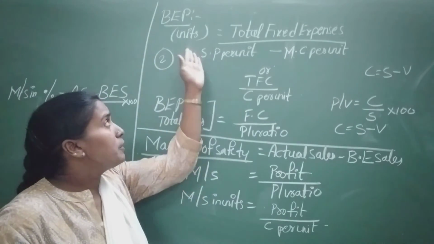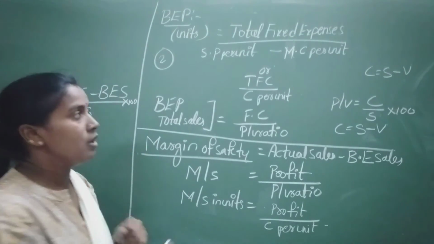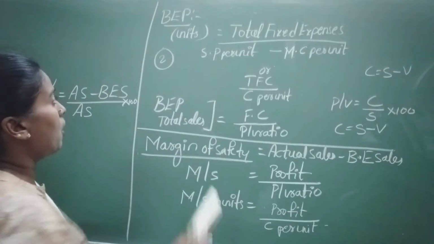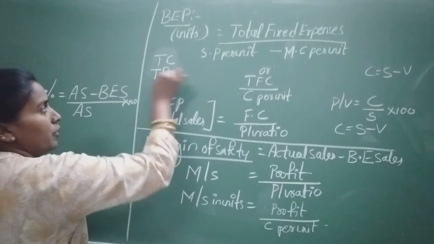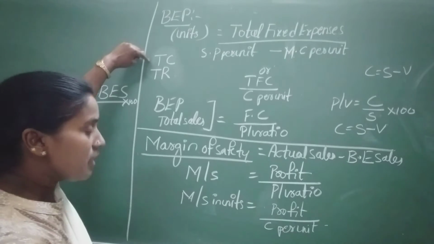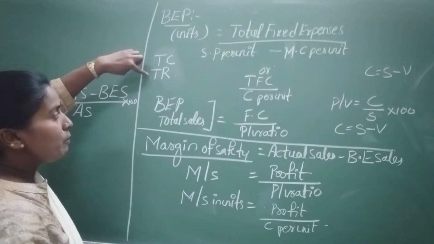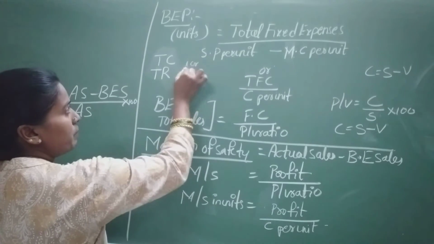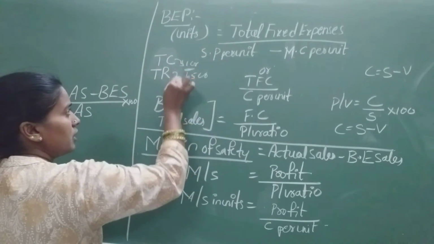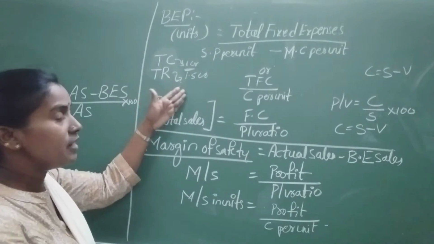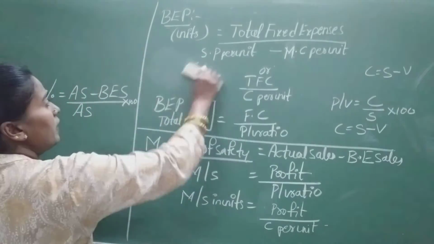Let me say, what is break-even point? Break-even point is total cost equal to total revenue. Actually, break-even point explains the relationship between total cost and total revenue. What is total cost? How much you invested in the business, how many crores of rupees, comes under total cost. For that, how much do you receive? Suppose you kept 1 crore in the business. How much did you earn? You earned 1.5 crores. So what is the difference? 50 lakhs is the difference. The relationship between these two is explained by break-even point.